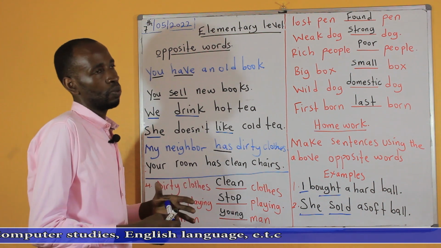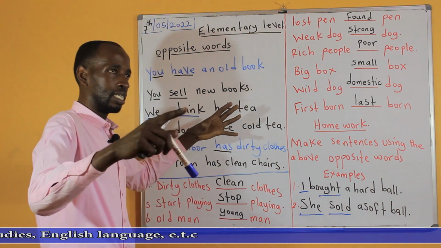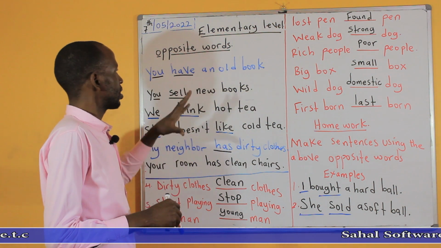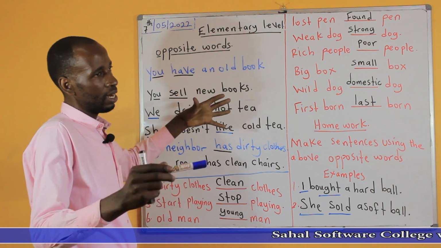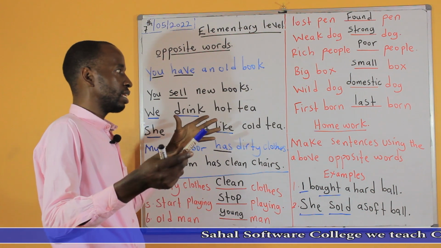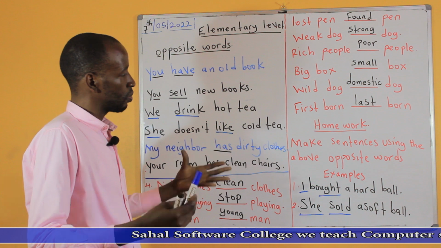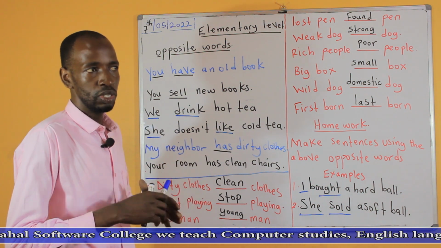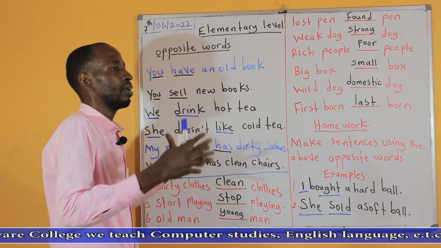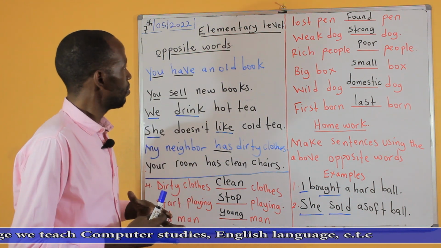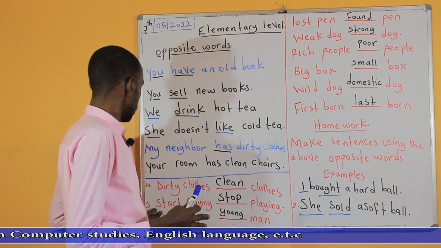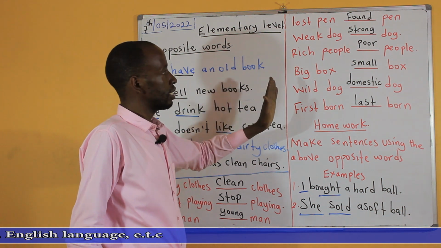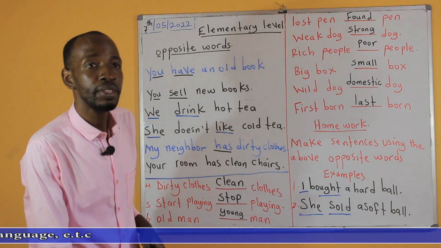So those are questions. So we need to expand things, and it makes your knowledge big. You start with opposite words, you expand them to sentences, you expand them to questions, you expand them to positive, negative. That's very interesting because your knowledge keeps on growing. So in your free time, make sentences starting with number 5 and you stop here. Make sentences and you expand your knowledge.